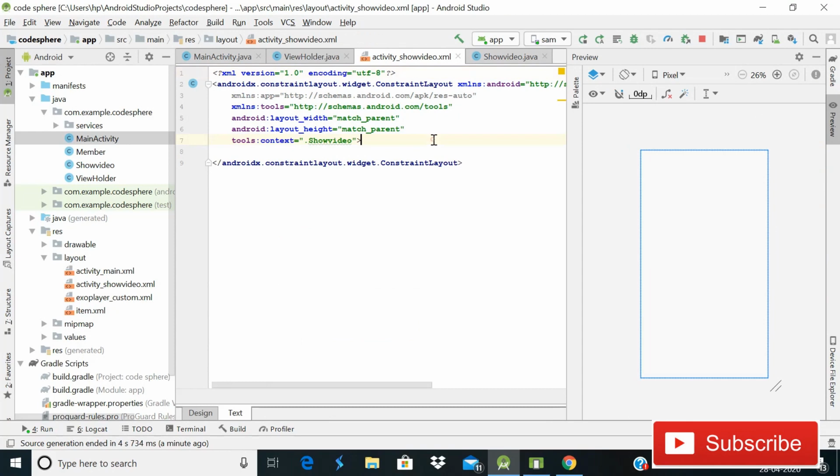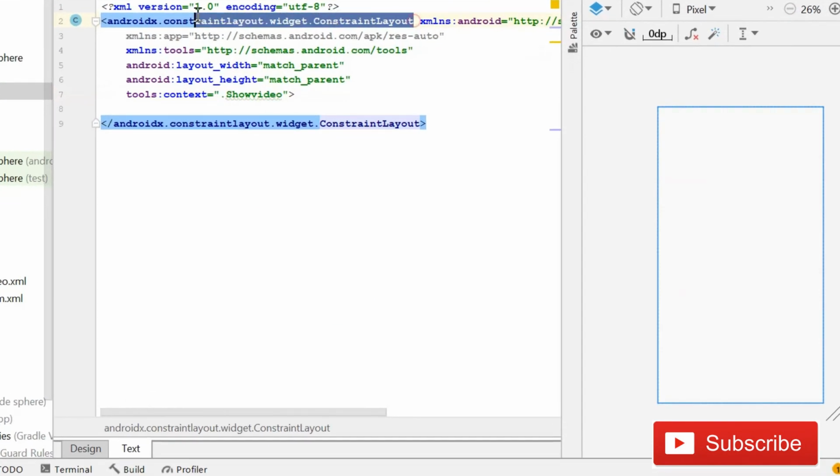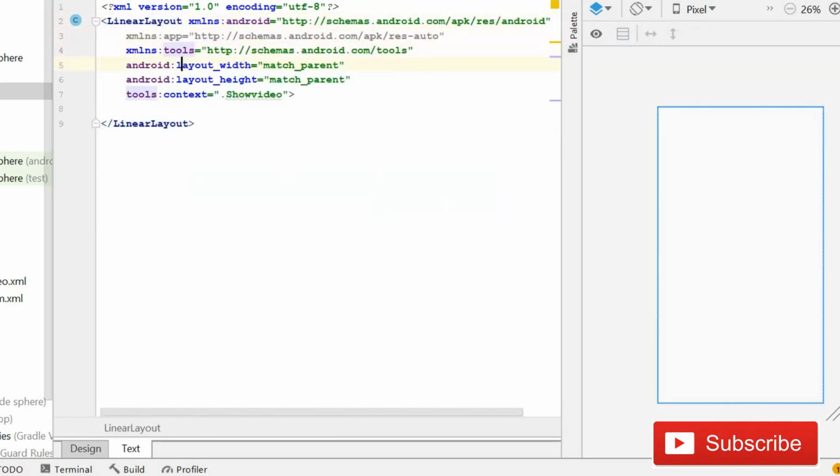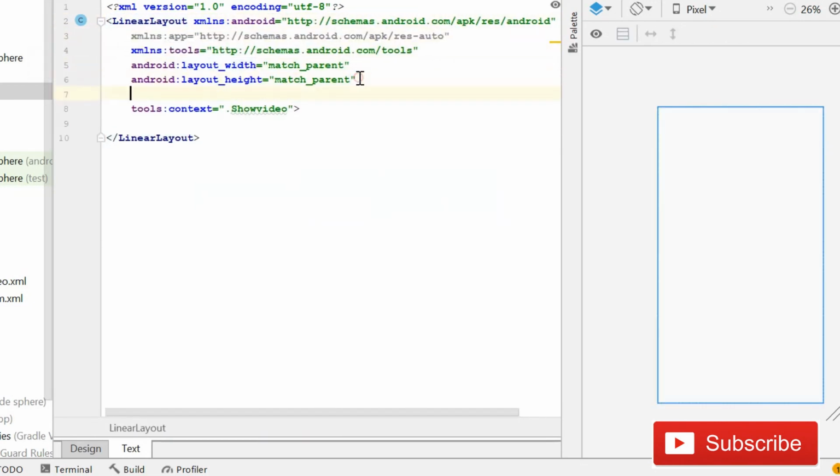So as you can see, this is our show video file, and here what we need to do is change its parent layout. We will make it a linear layout, and then here we will give it orientation. The orientation will be vertical, and here inside this we need to use a